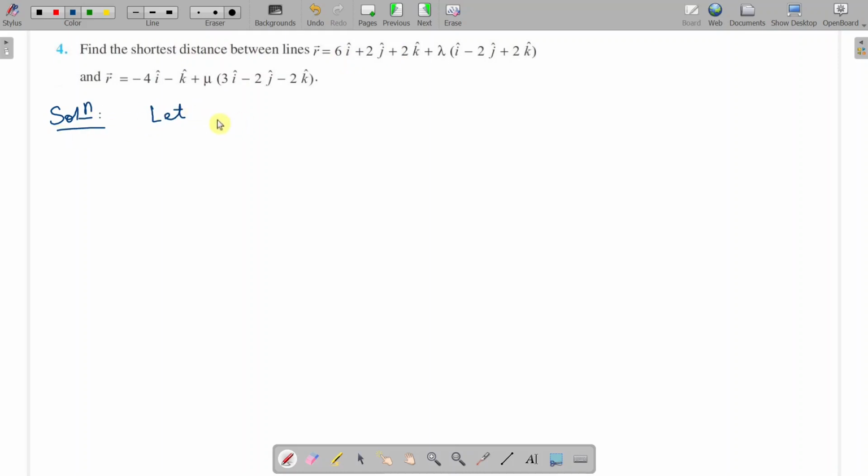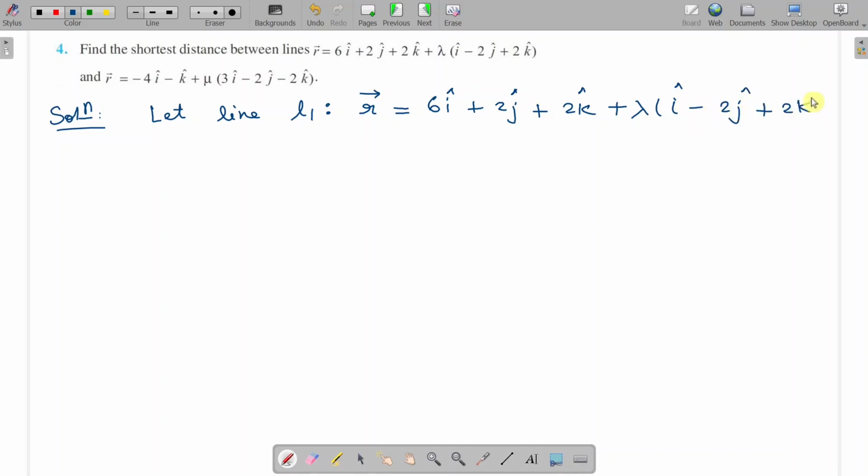First of all we will call the lines L1 and L2. So let line L1 be r bar equal to 6 i cap plus 2 j cap plus 2 k cap plus lambda times (i cap minus 2 j cap plus 2 k cap), and L2 the second line, r bar equal to minus 4 i cap minus k cap plus mu times (3 i cap minus 2 j cap minus 2 k cap). Okay,